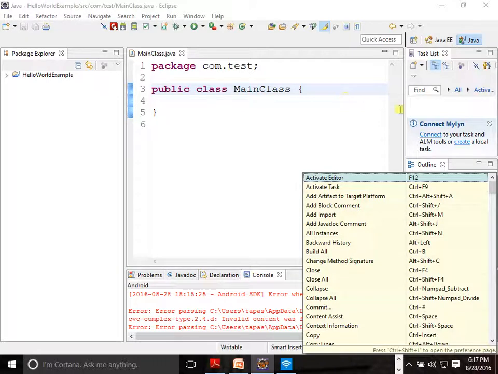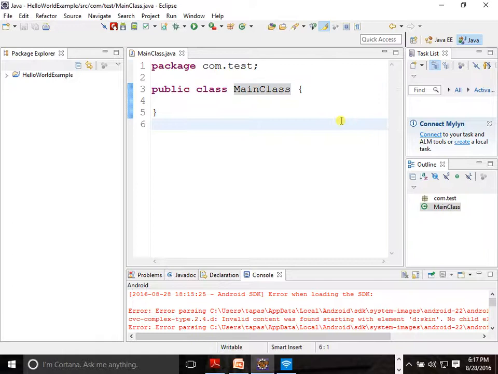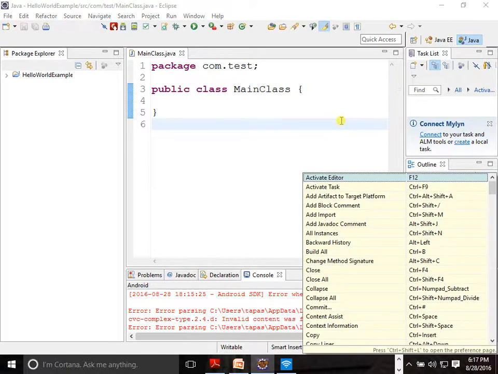If you see here, there are many shortcuts available, but we will not use all of them. We will be using some of the popular shortcuts. Based on usage, I have shortlisted almost 15 to 20 shortcuts which we will do in today's or tomorrow's classes. We'll try to wrap it up in today's class, and whatever remains we'll do in tomorrow's class. So what is the super shortcut? Control Shift L is a super shortcut.